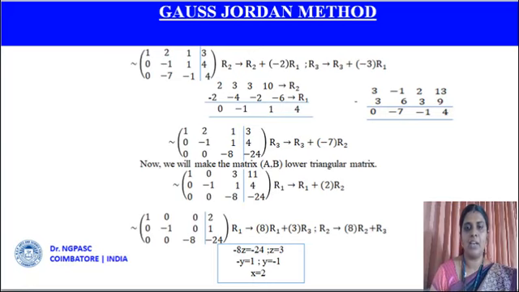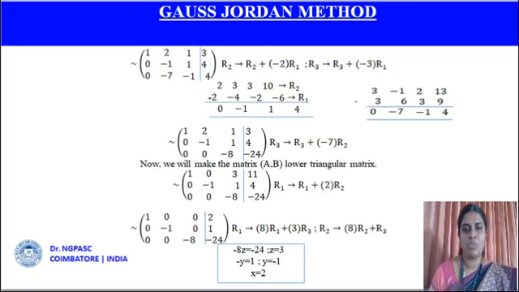Next, by doing further row operations, R1 plus 2 into R2, and R1 plus 3 R2, and 8 R2 plus R3, the lower triangular matrix form is also brought here. Okay, now see the last matrix. Here you have both the upper triangular as well as lower triangular matrix form. Now by just the back substitution method, you can get the values directly. Here you need not substitute, so you can reduce one step.